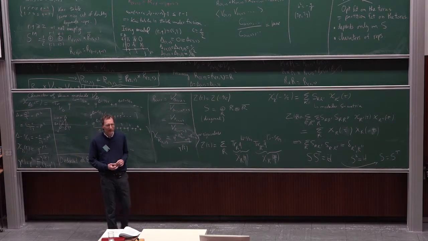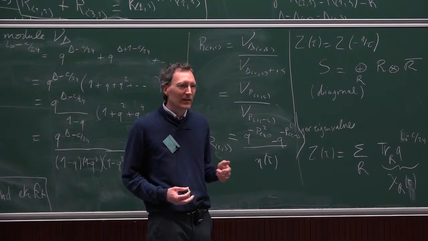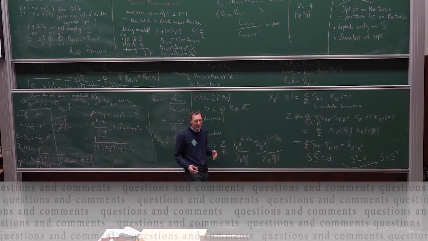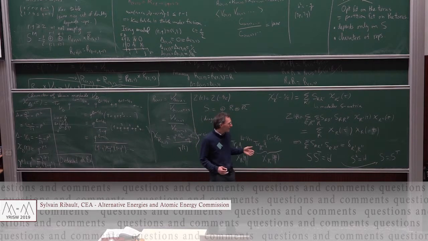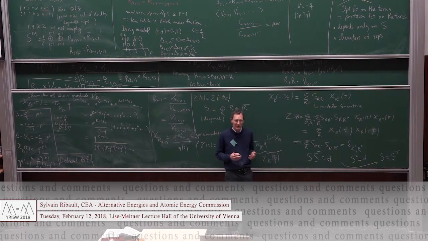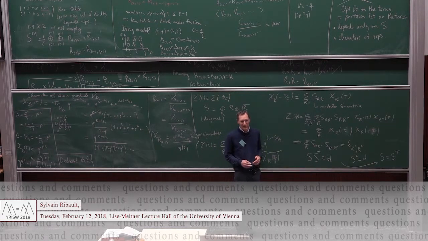Yes? So you're assuming independence of these characters. So if I had two copies of the same representation, this wouldn't be the case. Yeah, right. So I'm assuming indeed that the characters are independent, and what would happen if I had several copies of the same representation? Well, essentially it would mean that the constraints for modular invariance would be weaker. So in minimal models, they are minimal not just because they have this finite number of representations, but also because each representation appears just once. Well, okay, that's not completely true. I mean, in non-diagonal minimal models, they can appear twice. But essentially, they appear a limited number of times, and their characters are independent.